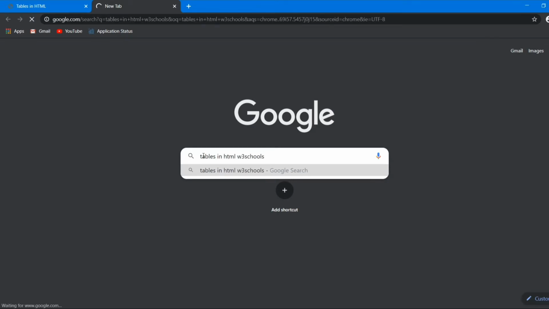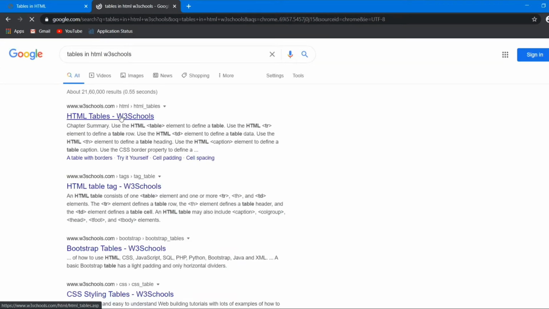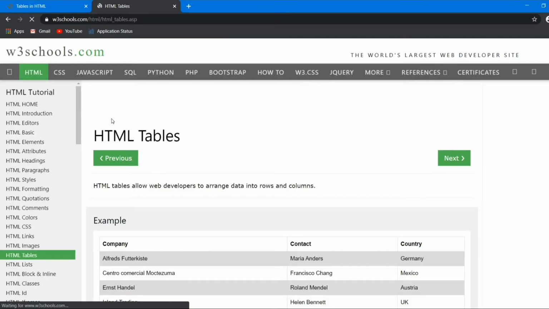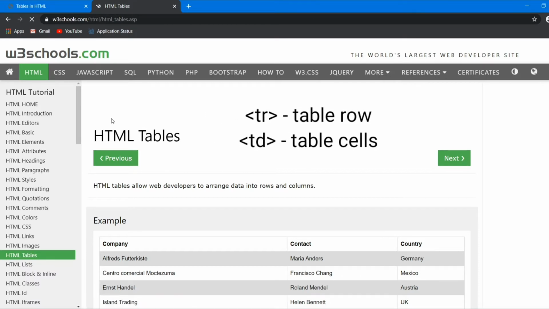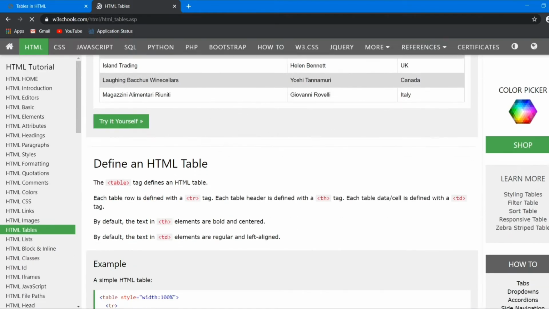Okay. So now this first result seems very likely to be what we want to learn, right? We'll click on this, and basically to create a table we need three basic tags in combination. The first one is the table tag itself, then the second is called tr, or table row, and the third is called td.